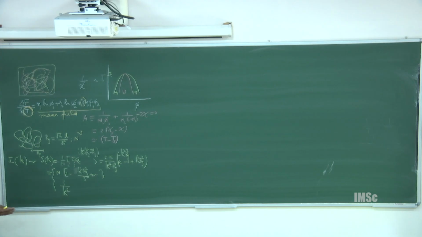k is the scattering wave vector. When k is large, I am looking inside the coil. When k is small, I am looking outside the coil. If I want to know the size of the polymer and the mass of the polymer, the probe length should be larger. Otherwise, I will not be able to measure. If I want to measure the size of me, and I have a yardstick only this much, that is not going to measure my 1 meter height. I need a yardstick which is bigger than this. That means k should be small. So, that is what we do here.